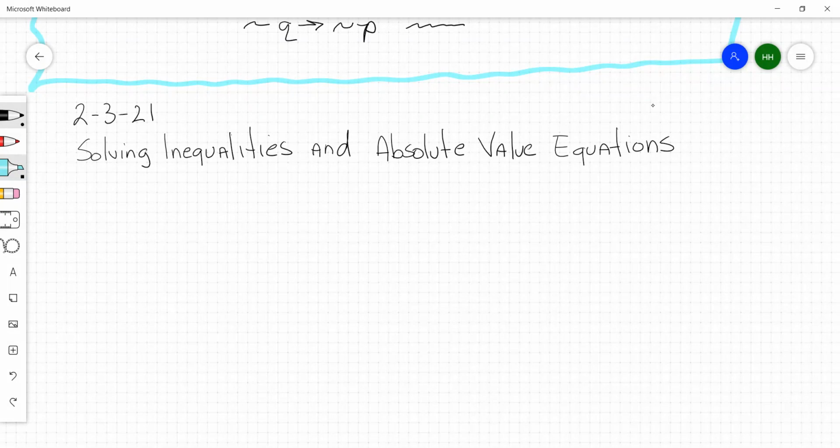All right, so we talked yesterday a little bit about solving inequalities, and we basically said that you treat the inequality symbol just like an equal sign, unless you have to multiply or divide both sides of the equation by a negative. And when you have to do that, you have to change the direction of the inequality. So let's do one more example here of -3, and we got 2x minus 5